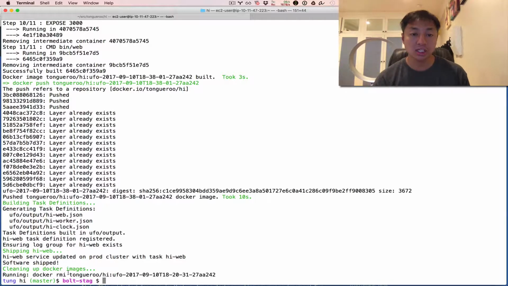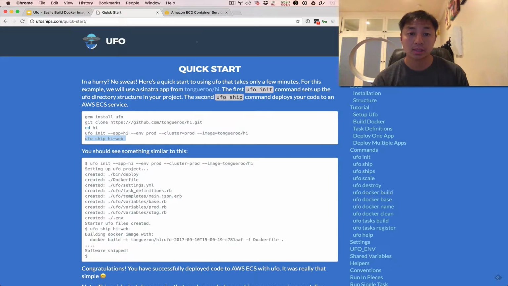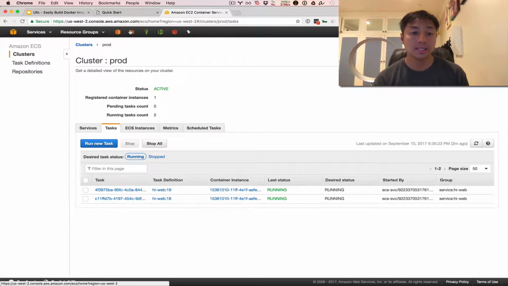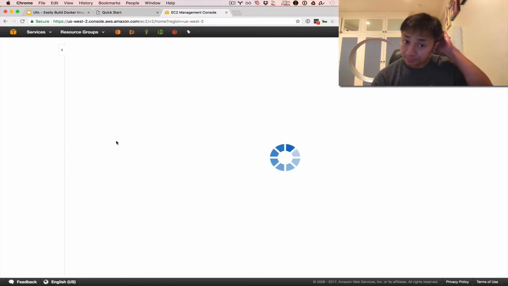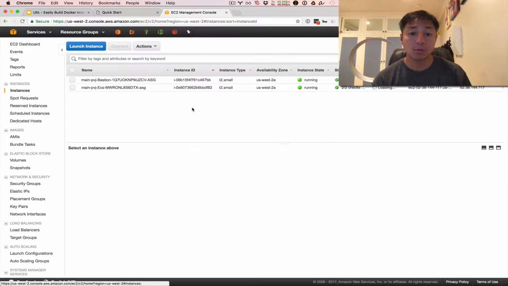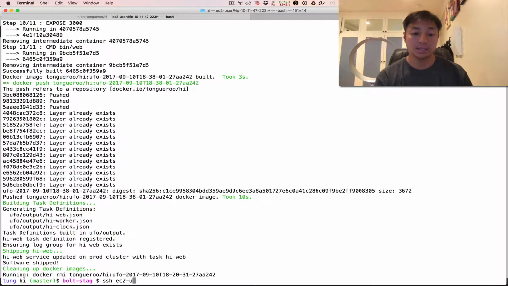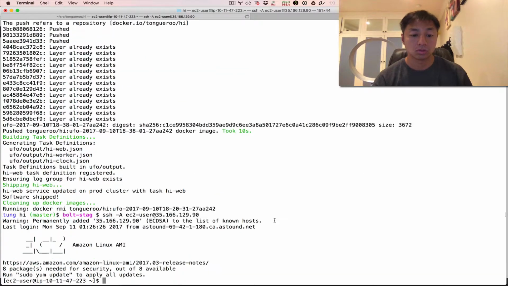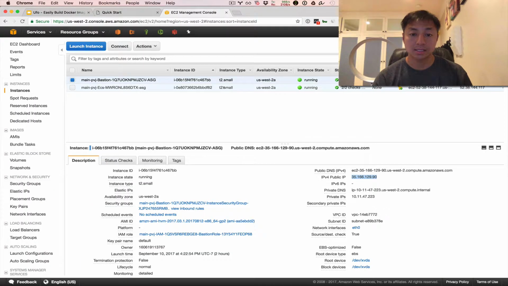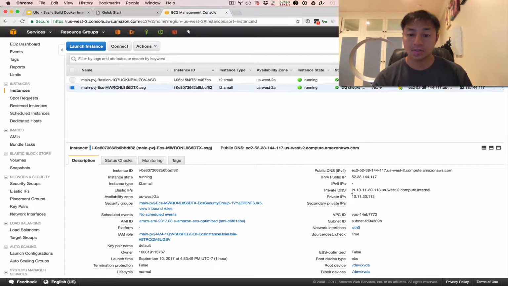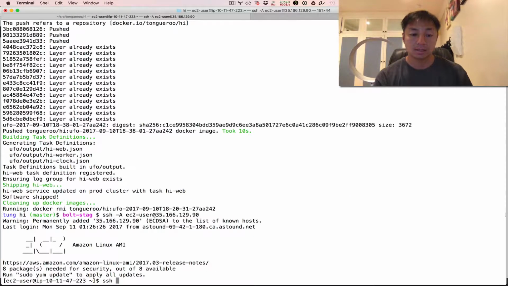With that, we can now go and check if that worked. Let's go to EC2 instances. Actually, I'm going to hop into the EC2 instance. I'm running this on one container, so it'll be pretty easy to find, and this network is set up with a Bastion host. So let's hop into the Bastion host first, and then we'll hop into the EC2 container instance. So that's me hopping into the Bastion host. I'm in. Let's now grab the internal IP address of the ECS container and SSH into that,